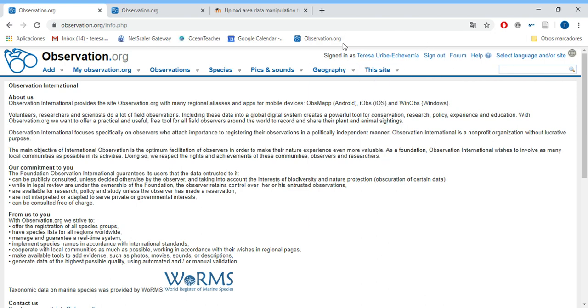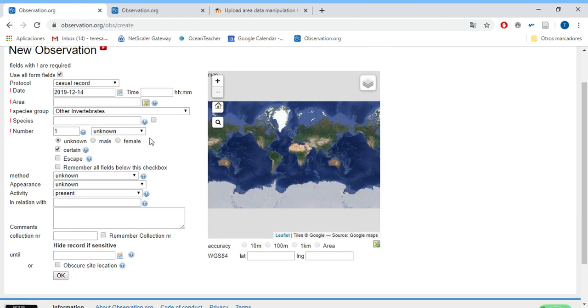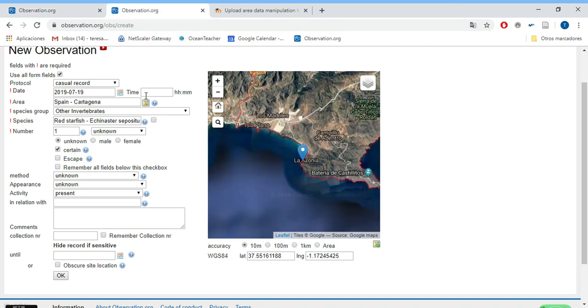First you have to create an account, as I've done here, and then if you want to add an observation, you go here, new observation, and you will get this window where you can fill in information of the date, the area where you spot the animal, and more information, like the name of the species. And here I've already filled in some of the information that it's